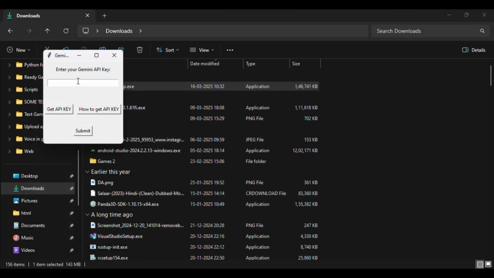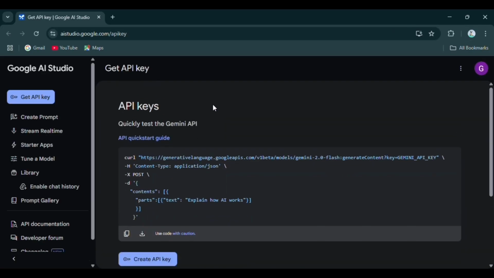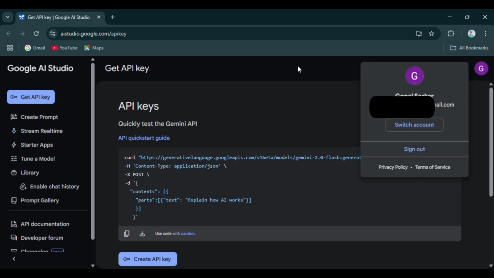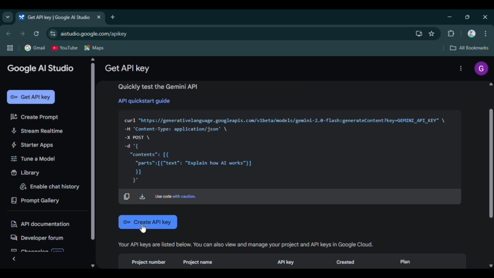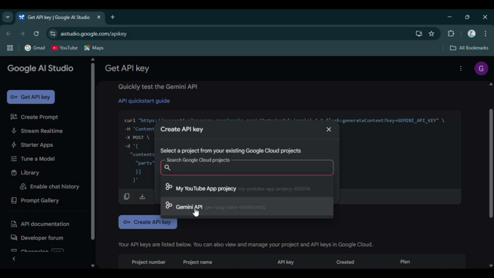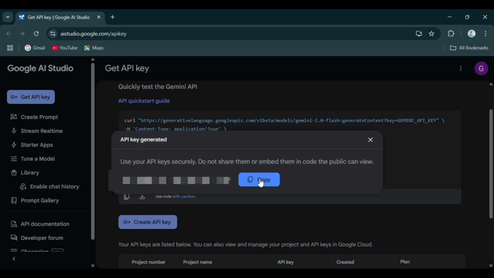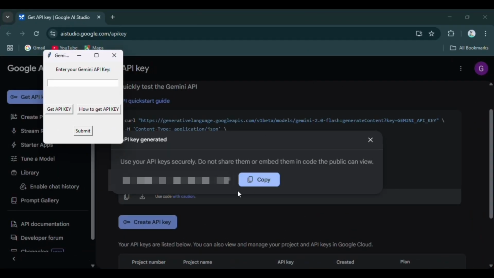Now here you have to submit an API key, and to get the Gemini API key, press here. If you are not 18 plus, then use your parents' Google account for this. Press it. Select Gemini API. Now copy this, and back here, paste your API key. Click submit,